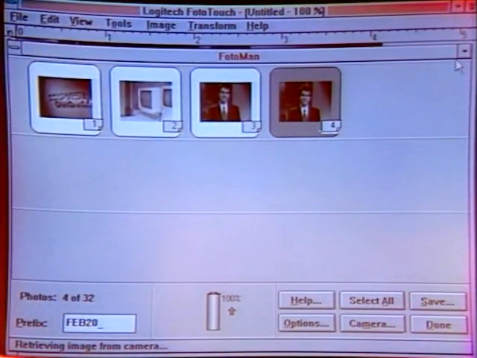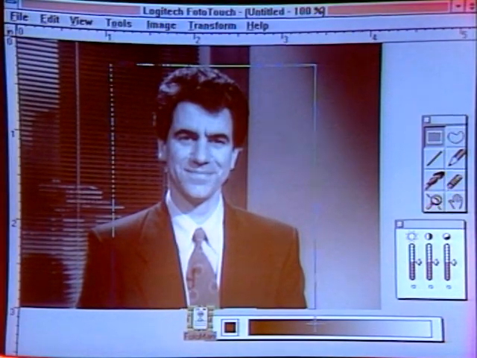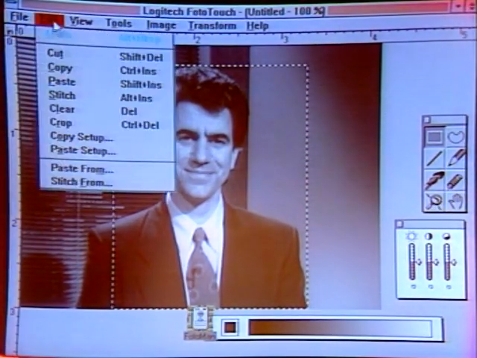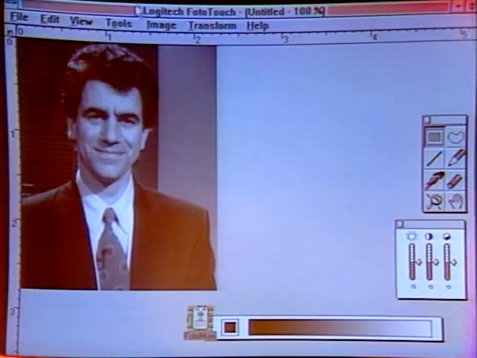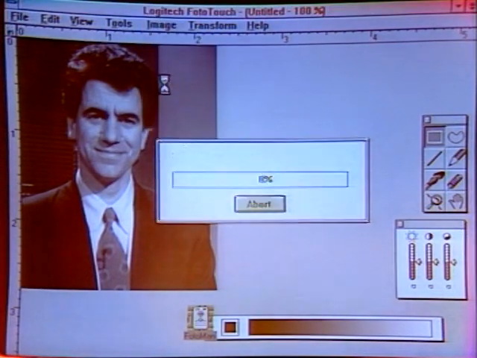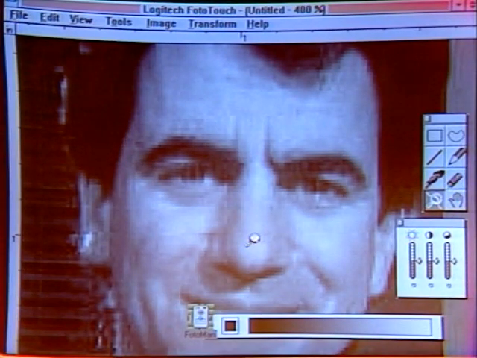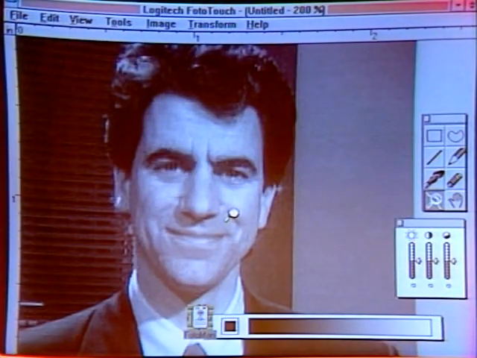So this image is now in PhotoTouch. And there it is. And we can do a couple of things. We can crop it. We can increase the sharpness. So we can fix my soft focus problem there. Right, and we can zoom in all the way down to the pixel level. So if there was a little shiny spot, we could touch it up with a little bit of digital makeup, or we could do whatever we need to enhance the image to make it the way we want to have